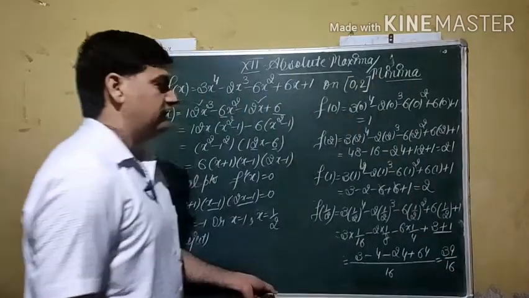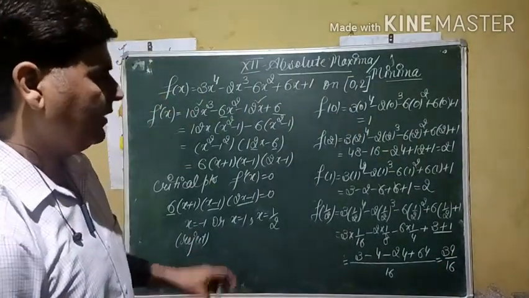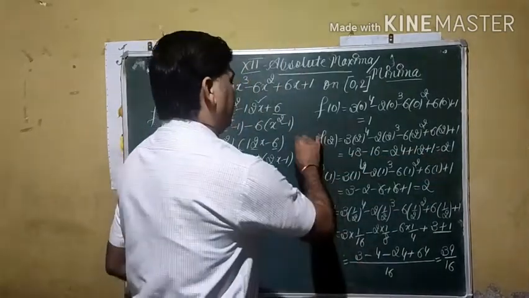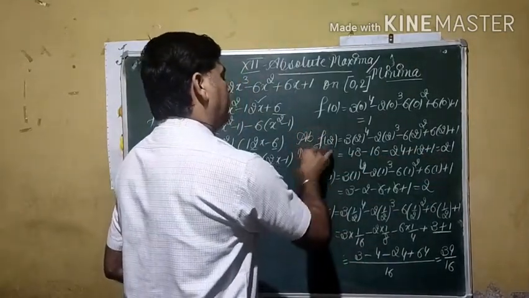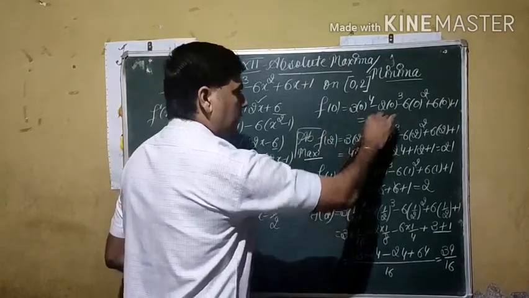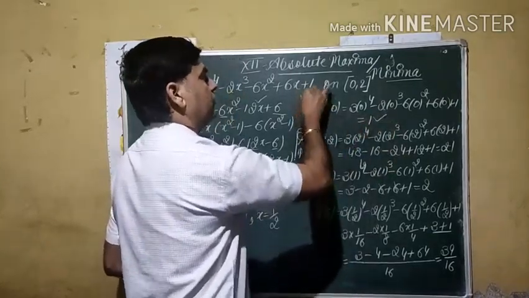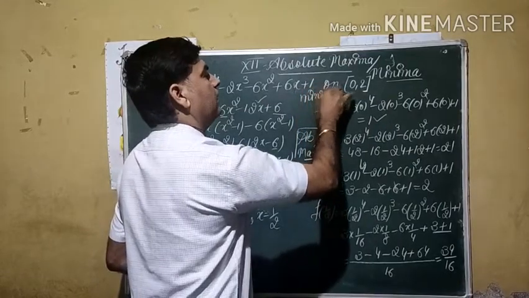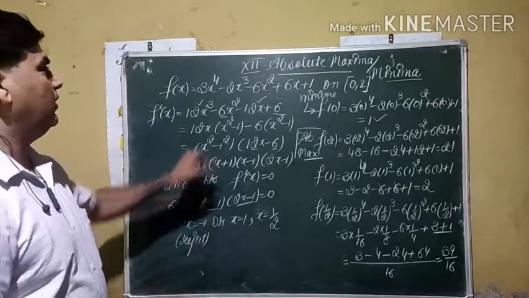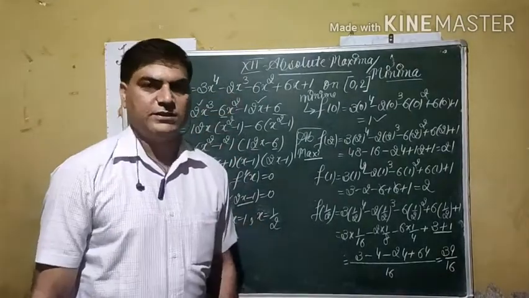So what is the highest value of the function? If you see from here, highest value is given by 21. So at this point we are getting absolute maximum. This is the highest value. And lowest value is 1. So this is absolute minima. So like this we can calculate absolute maxima and minima on the given polynomial function.